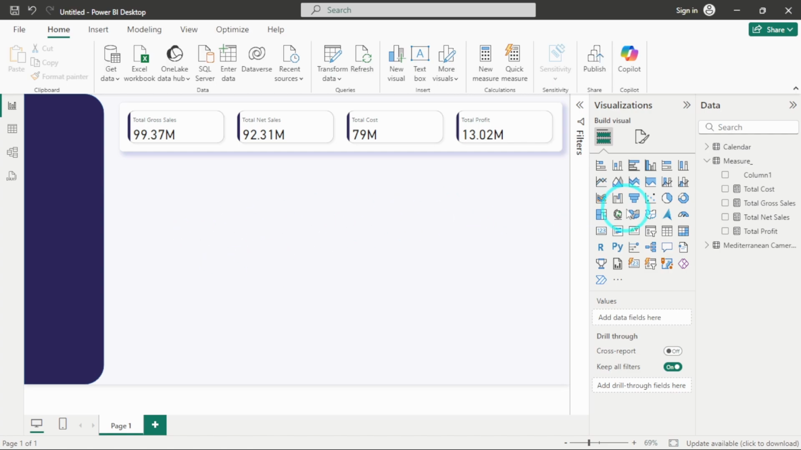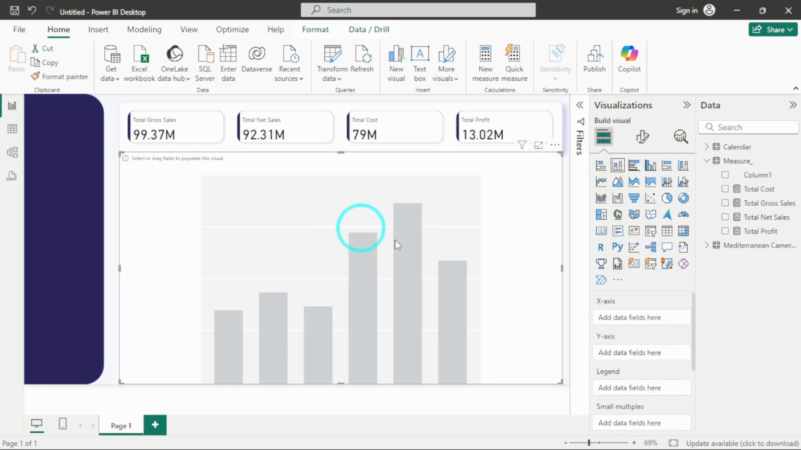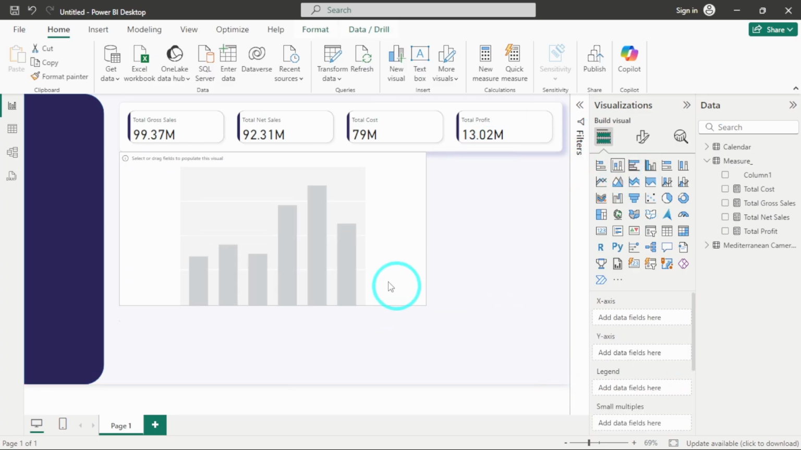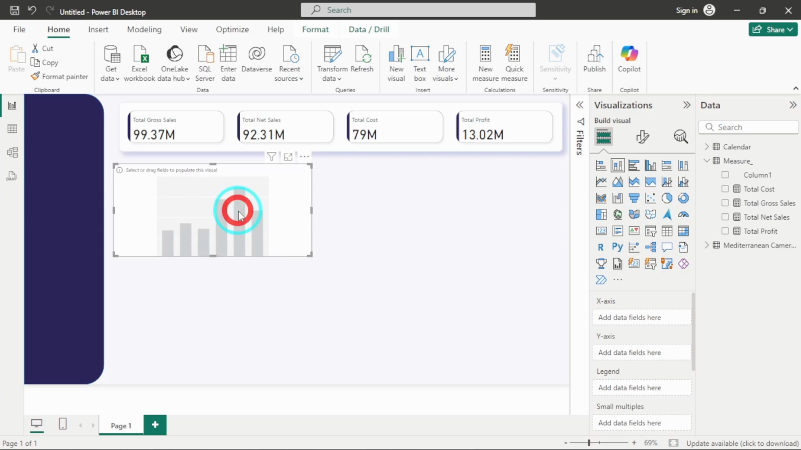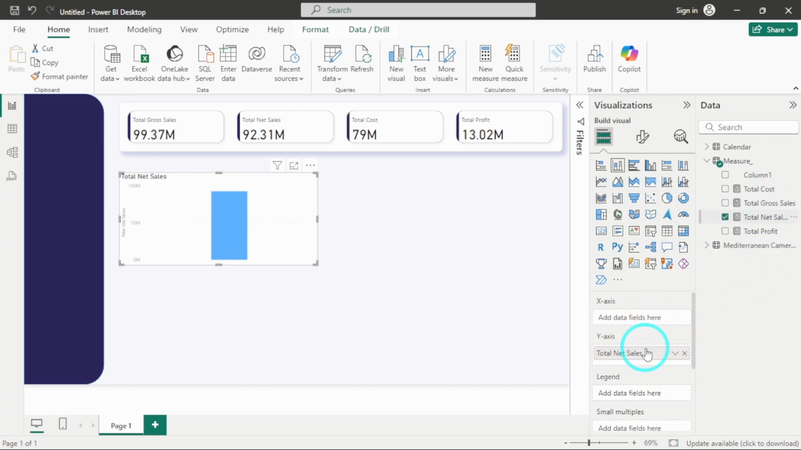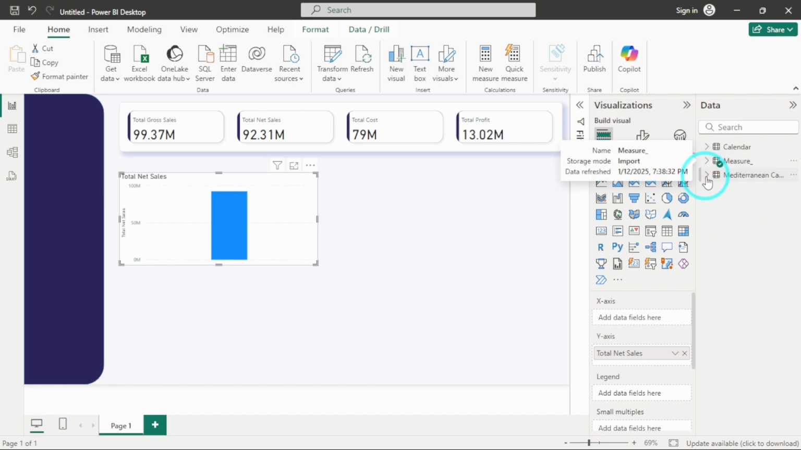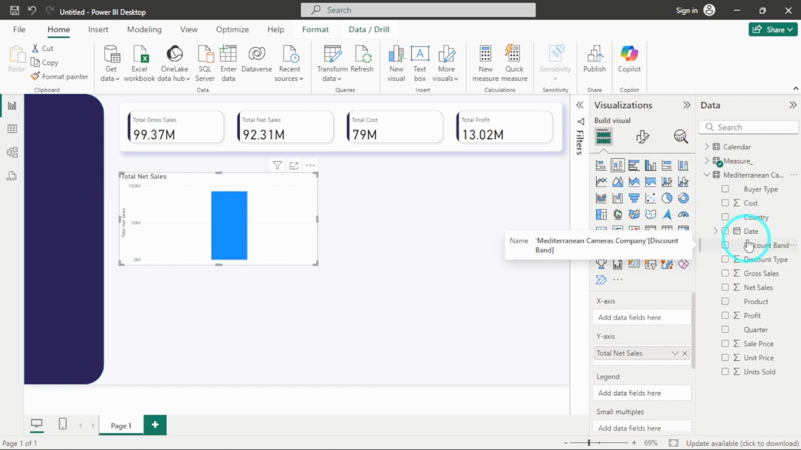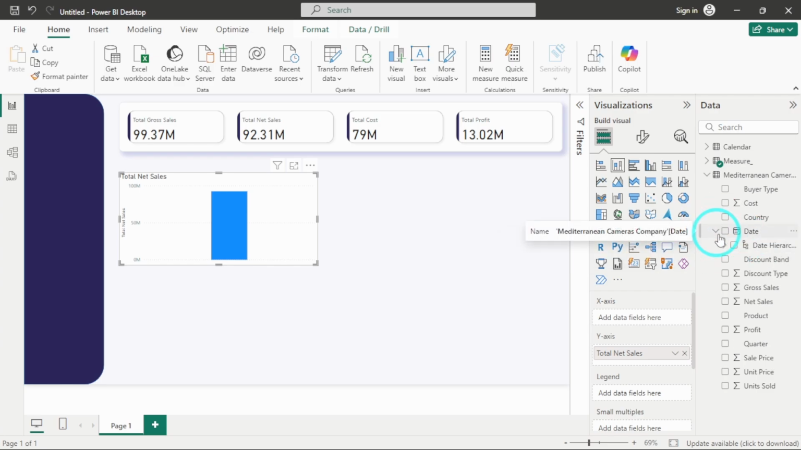So we already have the measure for that. Now I will just make this new visual. I will make it small, adjust the size properly. And we already have the measure for net sales, so I will drag and drop it on y-axis, and on x-axis I would like to have month and quarter. So in date, if we will expand this date hierarchy,